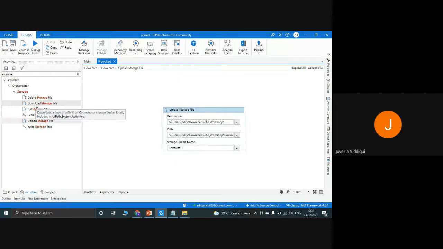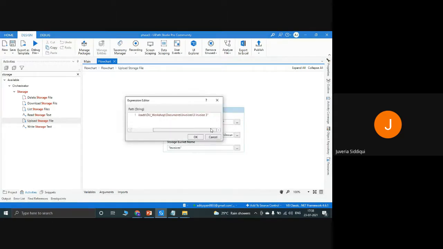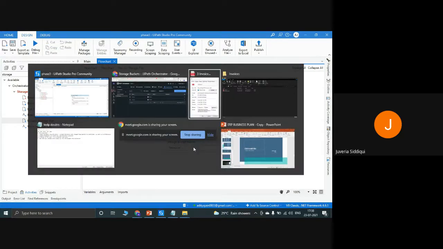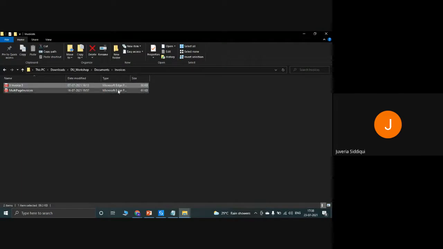Here what you have given is your destination, right? Over here in your path, have you given the complete file path that you want to upload? How would it know what kind of document invoice three is? Select that document, shift right click on the path, you'll get copy as path, use that, and in your destination...